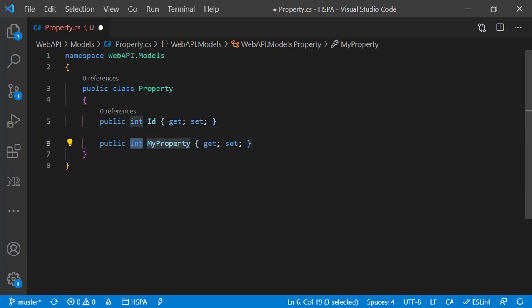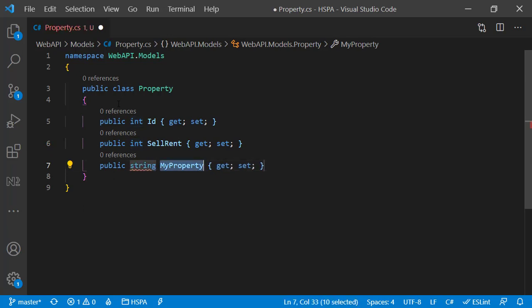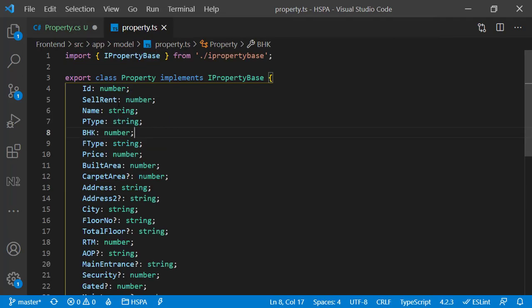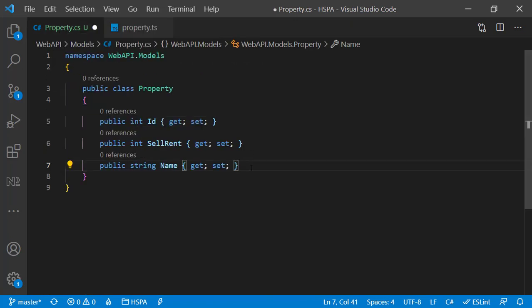Let's add other fields. Most of these fields will be a replica of our existing model that we had defined in the Angular application. But we will have to make changes in various fields that are good for normalizing our database. For example, this pType is defined as string here in the Angular model, but we will take it as integer as we are not going to store the full name of the property type in our database. Instead, we will store the ID of the property type here in the property table, and the property type name will come from another table on the basis of foreign key relationships.